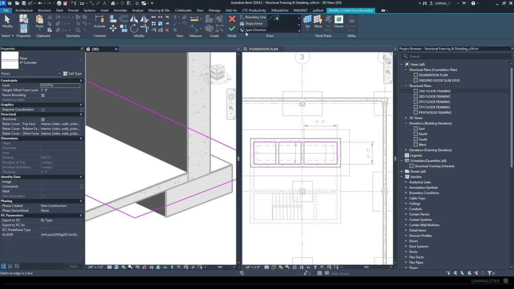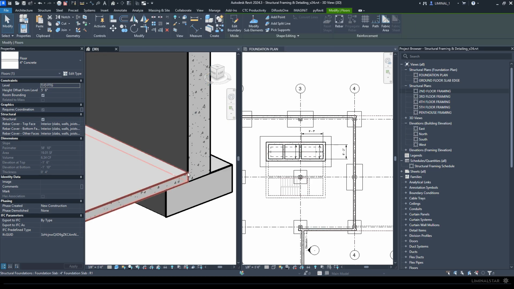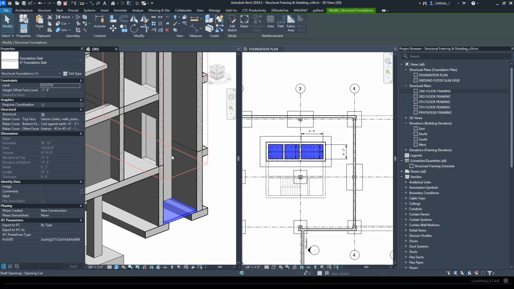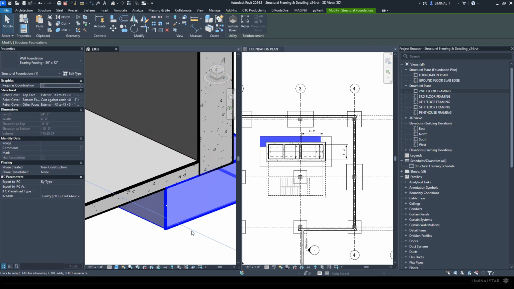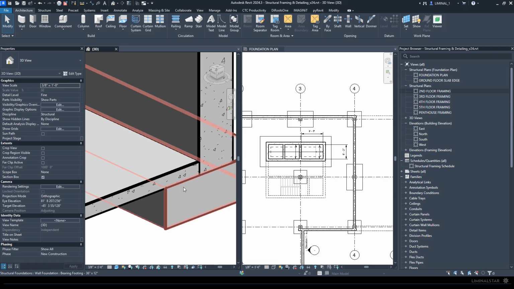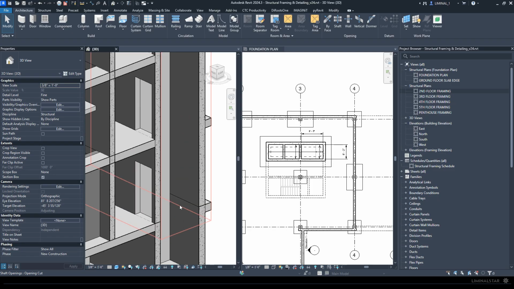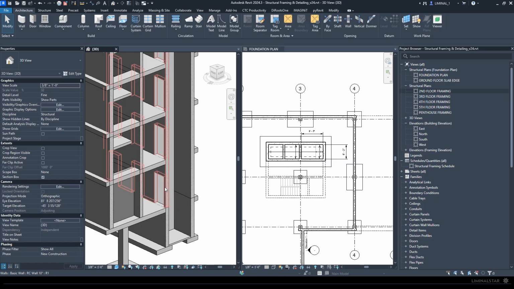So I'm just picking any of the lines in this sketch. That's fine. Now this one, again, I'm going to say no to that because I want this to be a cold pour, meaning this wall gets formed, this footing is formed, and then this comes and this rests on. So there shouldn't be any continuity between these three forms. But I feel like when I place this floor, it's possible that